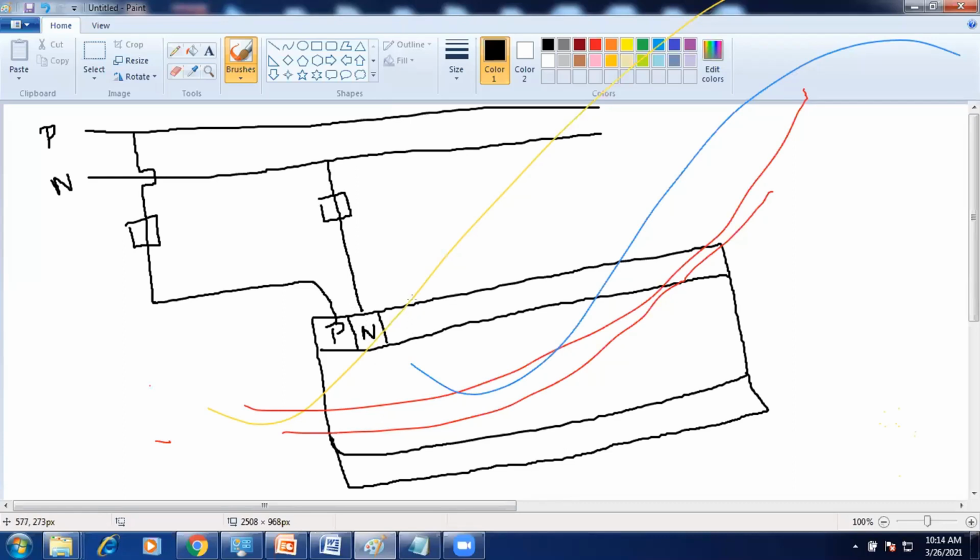Source input in the sense, the common will be connected to negative. Source input, okay. On the input side we are getting positive. Source input, so positive. So the indication light will be on.